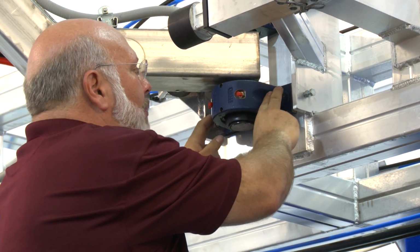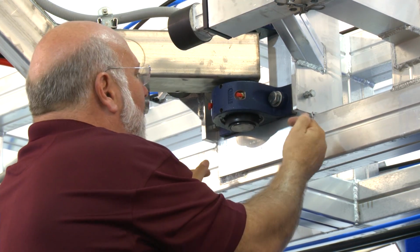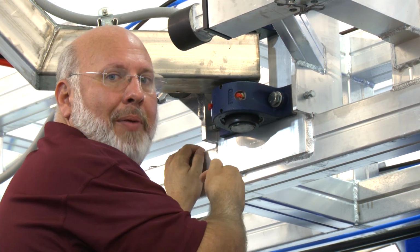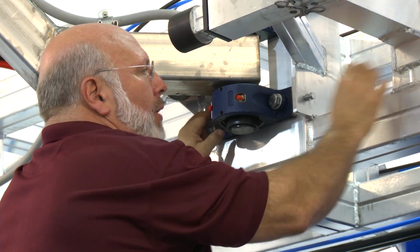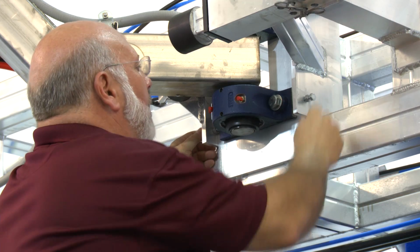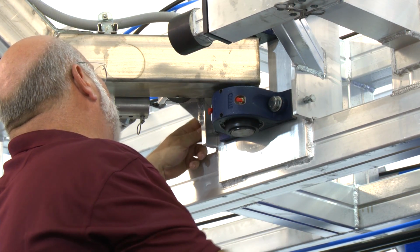We can loosen up the bottom bearing, and to make this passenger side brush aggressive, we want to move this bearing 1/8 of an inch to the wall on the passenger side. So on this one here, we've already loosened up the bottom bolts. I've got my wrenches up here. When I want to move this over to the wall, I loosen up my bolt on the left-hand side here,